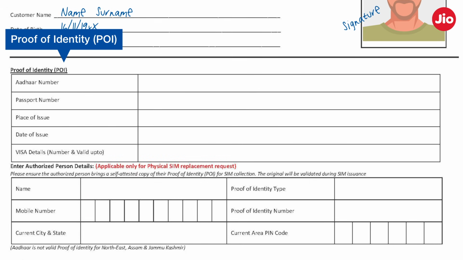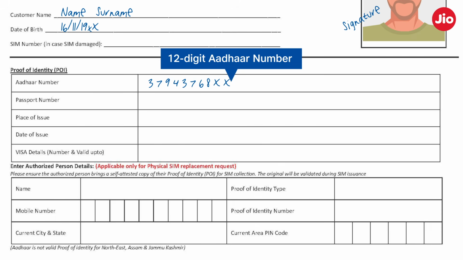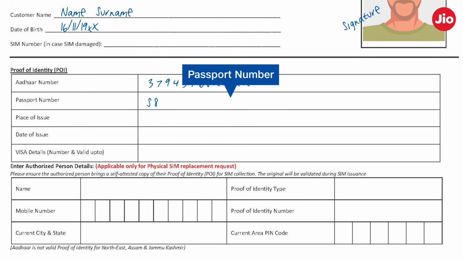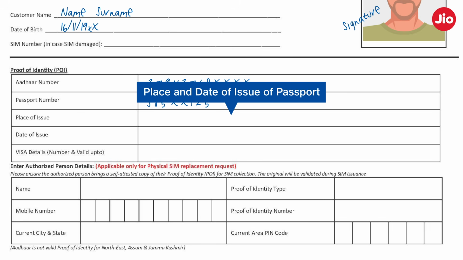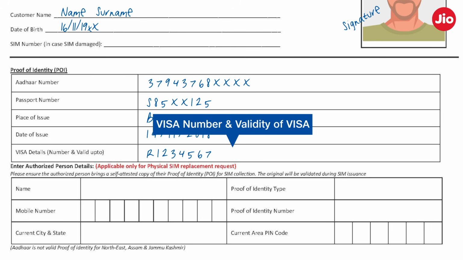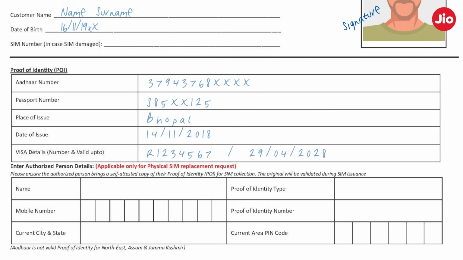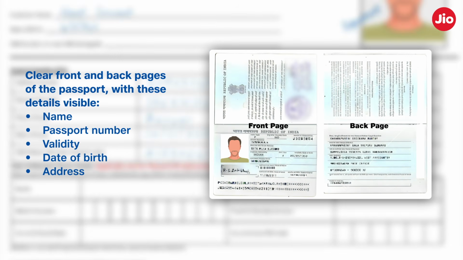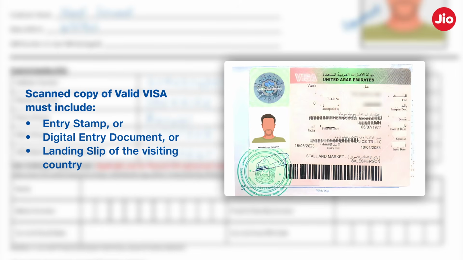In the Proof of Identity section, mention your 12-digit Aadhaar number, passport number, the place and date of issue of the passport, visa number and validity of the visa. Please note, your scanned copy of a valid Indian passport must include the front and back pages with a clear view of all your details like name, passport number, validity, date of birth and address. Next, your scanned copy of a valid visa must include either an entry stamp, digital entry document or landing slip